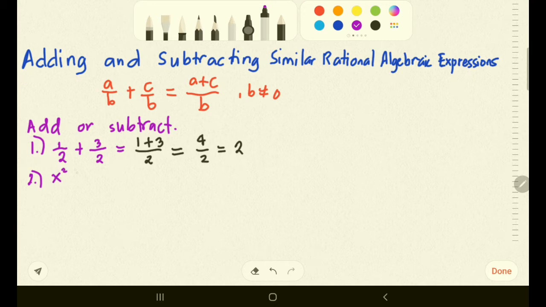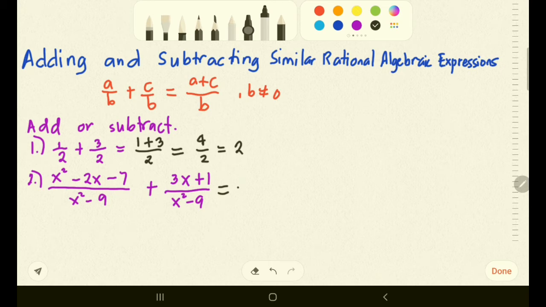x squared minus 2x minus 7 all over x squared minus 9, plus 3x plus 1 over x squared minus 9. See, in this case, class, as you can see, the two RAEs also have the same denominator, which is x squared minus 9. So the same thing, you just add the numerators directly. So that becomes